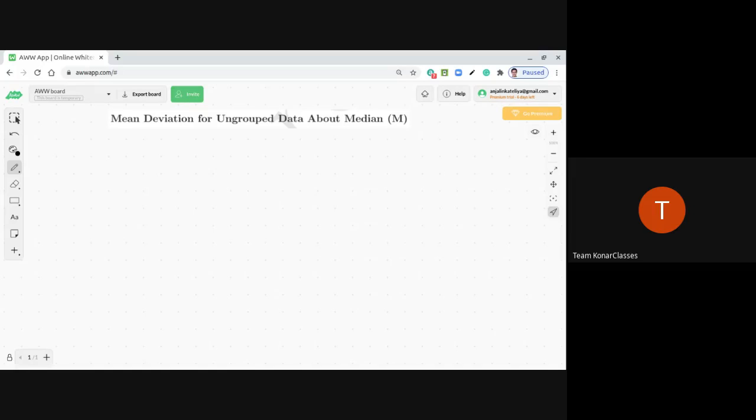Today we are going to discuss mean deviation for ungrouped data about median, and after that we will go through the mean deviation for grouped data. Till our last class, we discussed the mean deviation for ungrouped data about mean. Correct? Now, what we are going to do today is discuss the mean deviation for ungrouped data